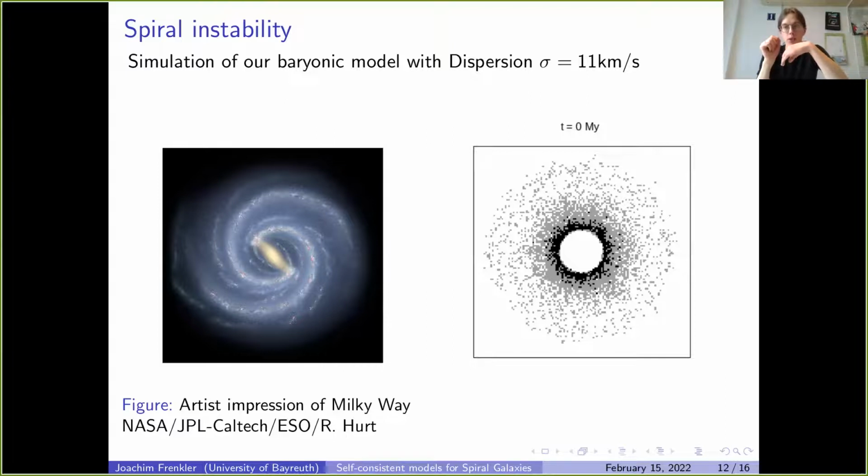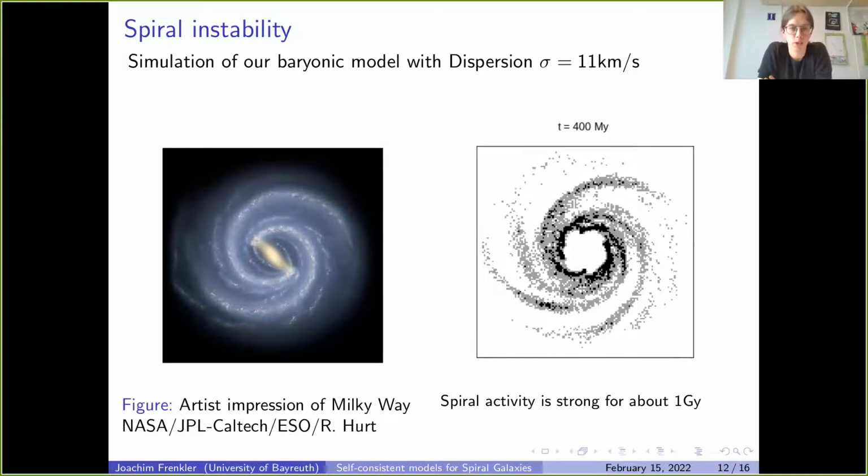Here in the simulation, these tangential accelerations are very low initially, but they are different from 0 because I've drawn the particles at random from the distribution function. And when we now run the simulation, these tangential accelerations will grow exponentially. And these growing tangential accelerations correspond to local overdensities, which become denser and denser, and which result in a beautiful